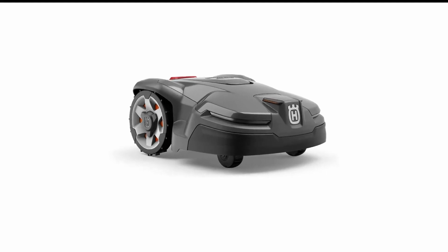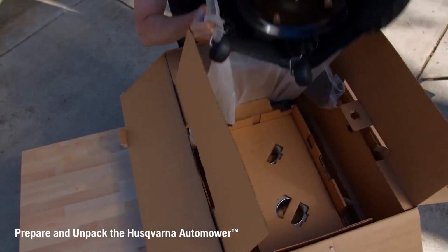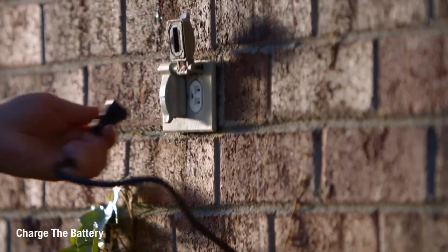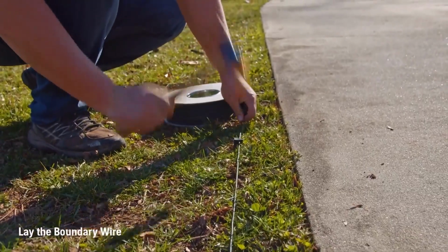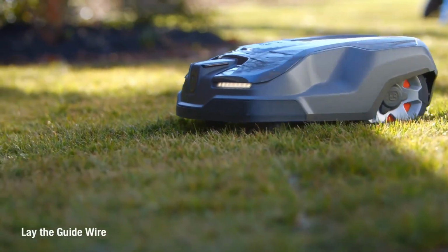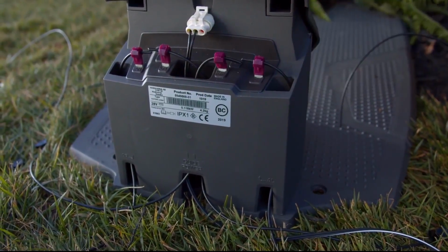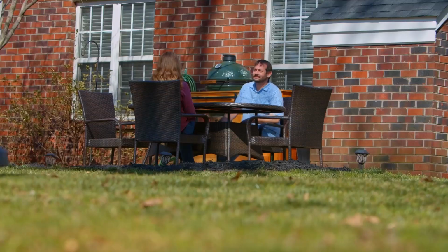Number 3 in my list is Husqvarna Robotic Lawn Mower. The Husqvarna Automower 415X is a well-equipped mower suitable for warm season grasses on lawns up to 0.4 acre, especially those with challenging obstacles, narrow passages, and sloped terrain. It has a mowing height range of 0.8 to 2 inches, making it ideal for maintaining low-mow grasses like zoysia, Bermuda, and centipede. Powered by an 18-volt 2-amp-hour lithium-ion battery, it offers 50 minutes of runtime per charge and recharges